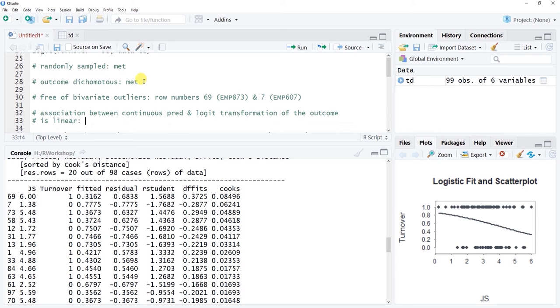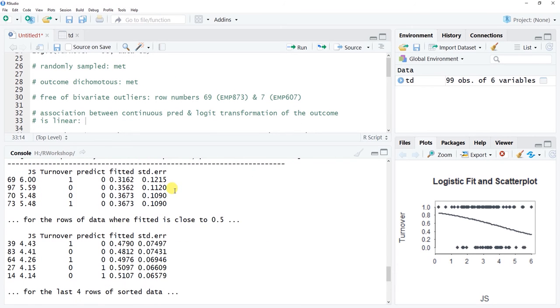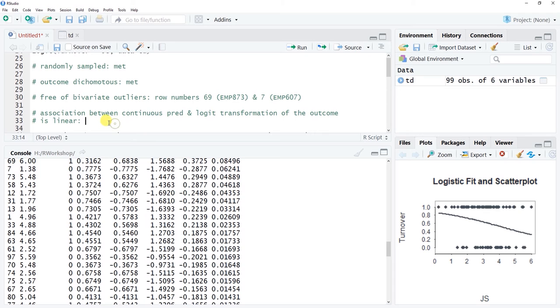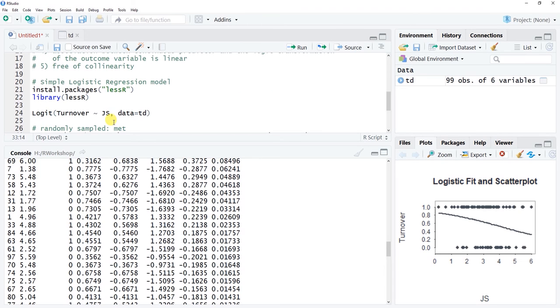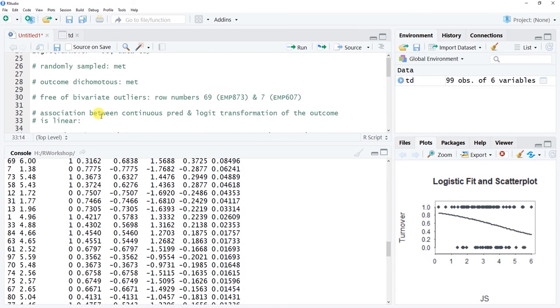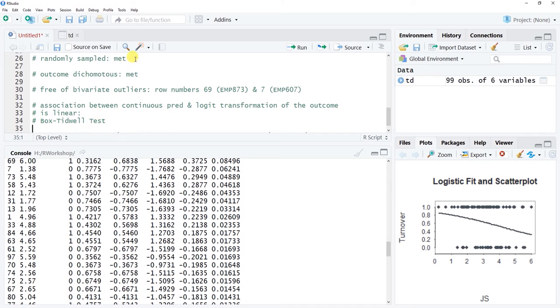Okay, so how do we determine whether that's been met? Well, we're not going to find this in our output here, but what we can do is run a test that's called the Box-Tidwell test. This is one way that you can go about doing this. And so for the Box-Tidwell test, we're actually going to create a log transformation of the JS variable, which is